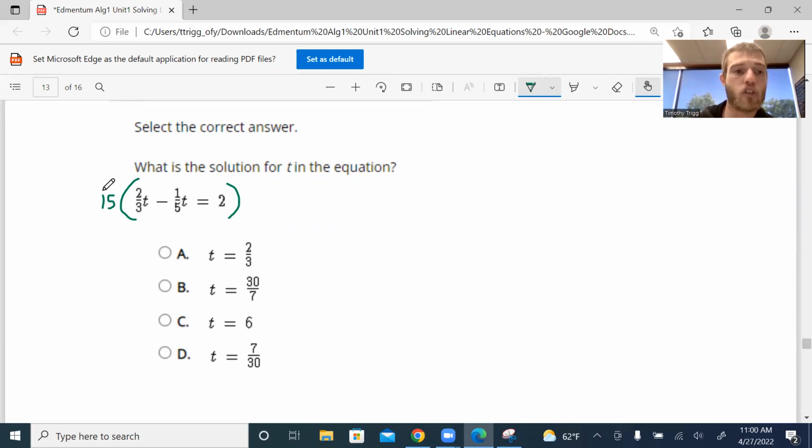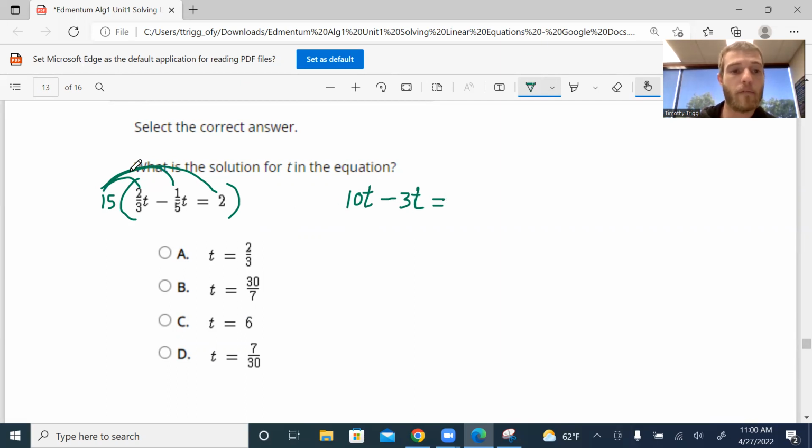So we're going to go ahead and distribute this 15 to each term in this equation. Remember, to do that, you multiply by the numerator, then divide by the denominator. So 15 times 2, then divide by 3. So 15 times 2 is 30. 30 divided by 3 is 10. So 10t. 15 times 1 is 15. 15 divided by 5 is 3. That negative also sticks along. So negative 3t